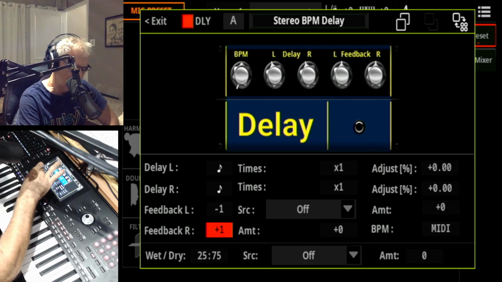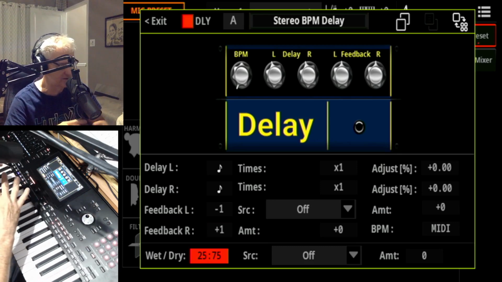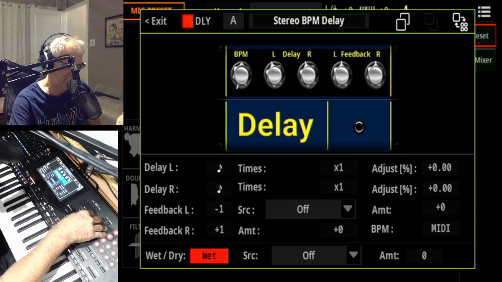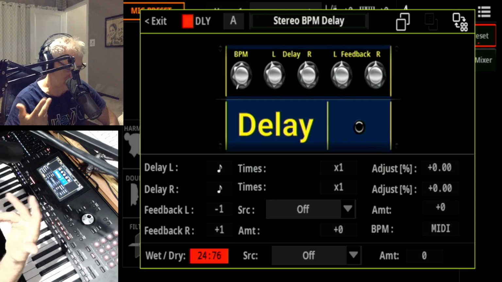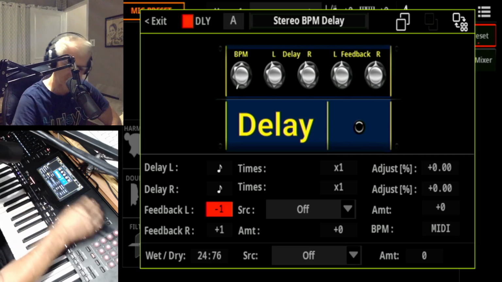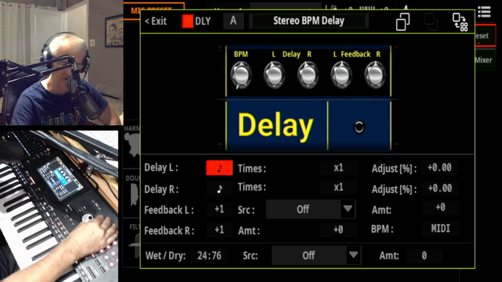I can control how much delay I want to have mixed with my main vocal. Now I have a lot of delay. Even is louder than my main vocal. I don't want to do so. I will just put it down, and when I achieve one level that is nice for my ears, I will keep it. And then when I have this done, now I can control speed of delay if I change it to